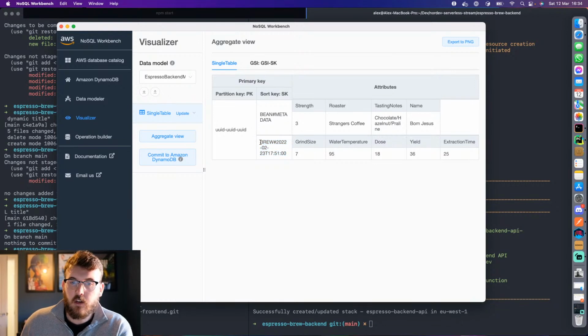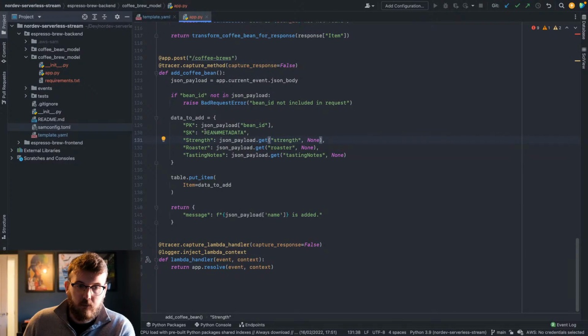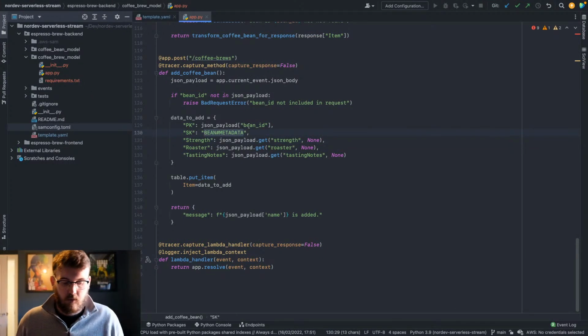So we can say return only items that begin with brew hash rather than bean hash. So this will then return all of these here, which will be good. So let's do that here. So we've then got our sort key is going to be brew hash, and then